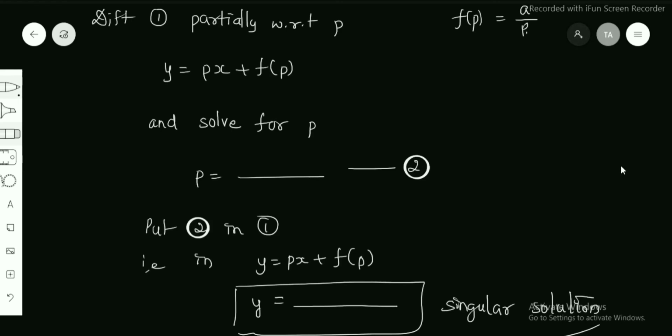As for now, you just have the rough idea that what we should do when we get the differential equation. If the given differential equation is in the Clairaut's form, directly we will go to general solution and then we will go to singular solution. If suppose the given differential equation is not in the Clairaut's form, we have to bring that equation in the form of Clairaut's form. Then we have to move to the general solution and the singular solution. You just have the rough idea now. Now we will be solving one example. We will understand more deeply.